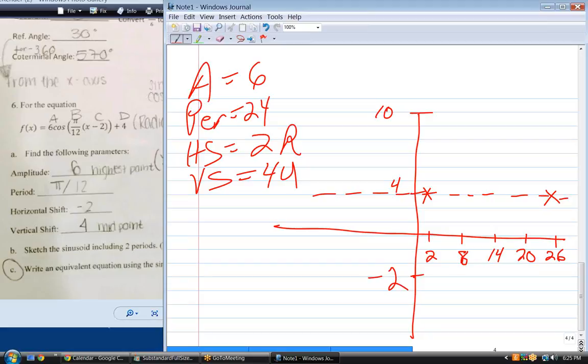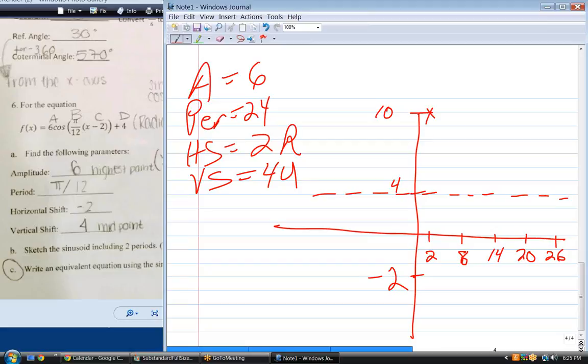So, now I know exactly how to graph. I know the cosine starts at the high point. So I'm going to draw a dot. In fact, let me get rid of these x's because I like to use x's as points where I'm going to draw it through. Okay? So I'm going to start my curve right there